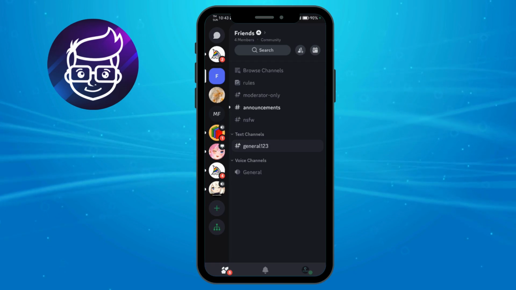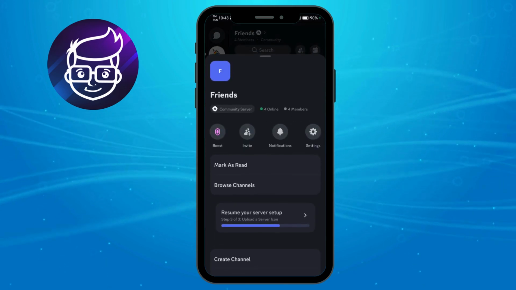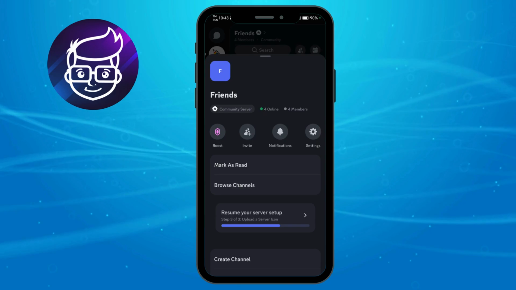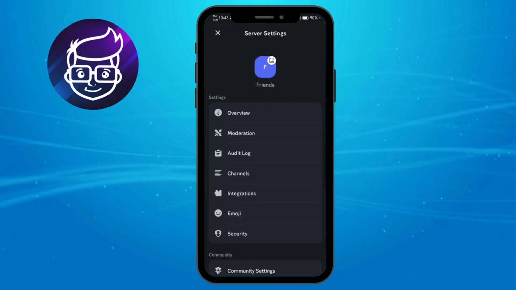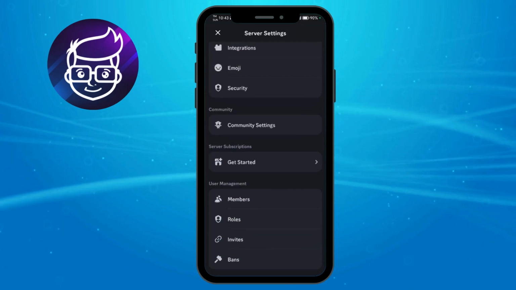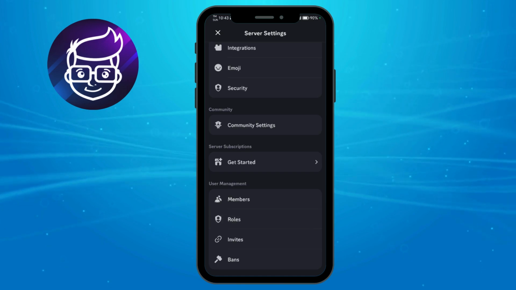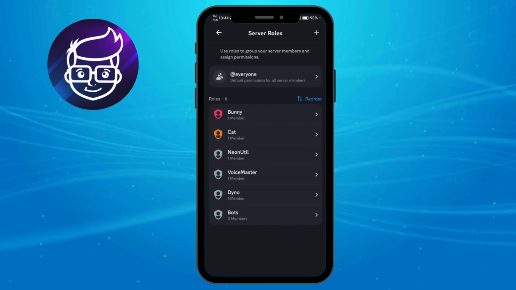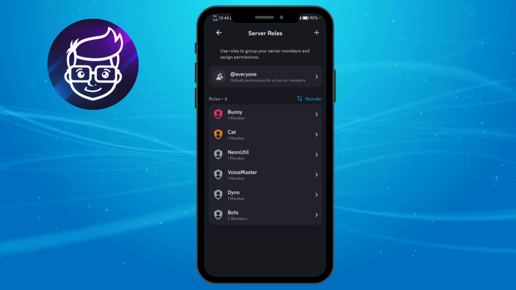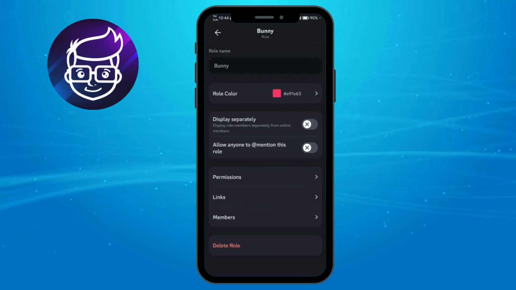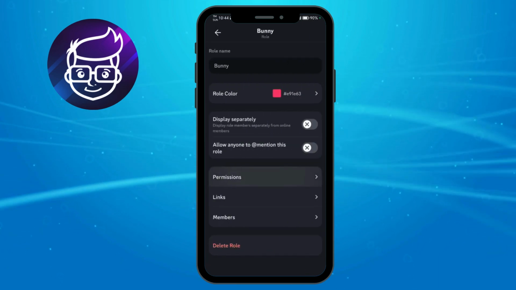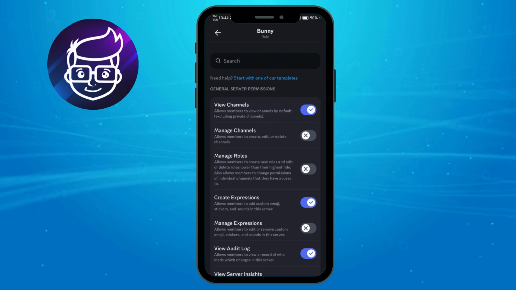from in there, just click on the server name, and then we have in here this. Click on the settings, and then from in there, you just scroll down and choose in right here the role. Now, just assign a role to any member that you have, and then from in there, just click on that role, and then you can click on this permissions, and then you can choose in here the permissions that you